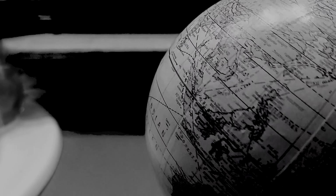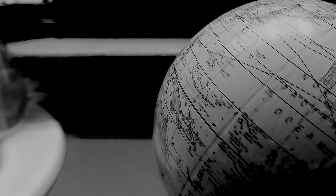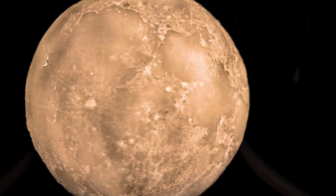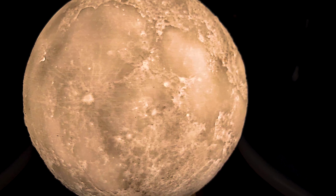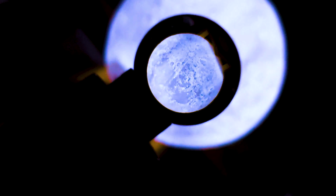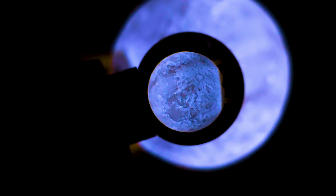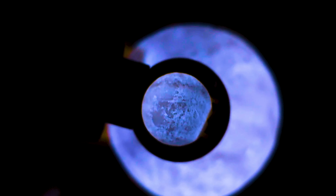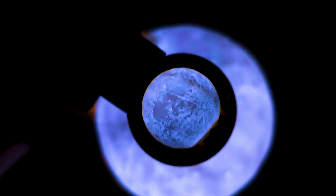Possibly formed due to a Mars-sized object colliding with the Earth and cleaving away a certain amount of its crust. The moon is the only other stellar body on which humans have set foot. Now, the moon rotates at the same speed that it revolves around the Earth. This is called synchronous rotation. So, this is why when you look up into the night sky, you always see the same face of the